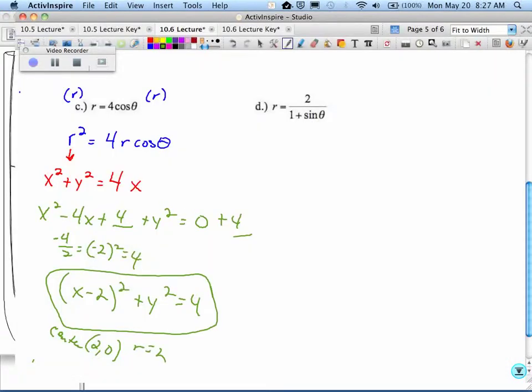All I did is take the 1 plus sine of theta and multiply it. So I basically got rid of the fractions in the problem. I can distribute that r now. So I have r plus r sine of theta is equal to 2. What's r sine of theta? Y. So r plus y is equal to 2. Now when I subtract y back to the other side,